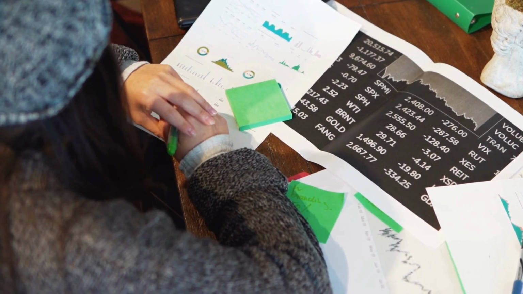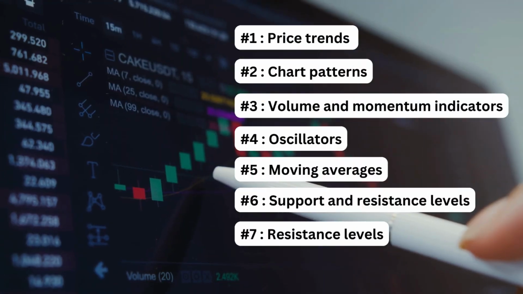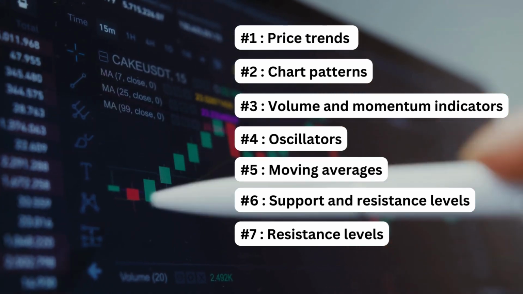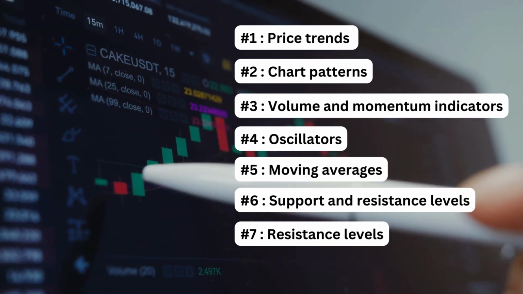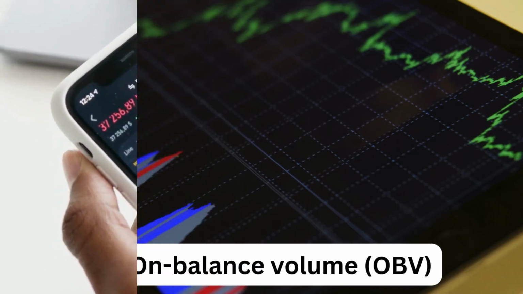In general, technical analysts look at the following broad types of indicators. They are price trends, chart patterns, volume and momentum indicators, oscillators, moving averages, support and resistance levels, etc. 7 of the best indicators for day trading are: